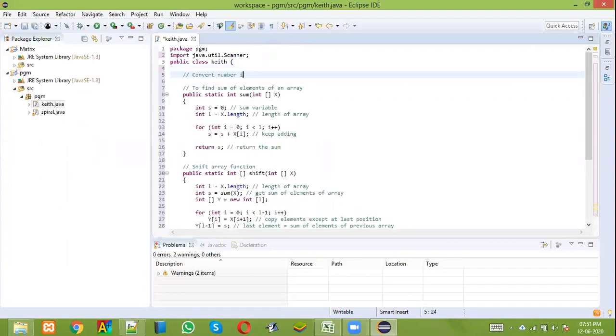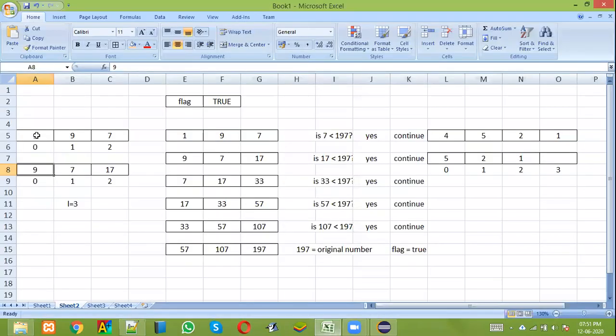Convert number into array. Okay, listen very carefully. The user is going to give the number in the form of an integer. It's going to be int. Okay, int n is going to be 197. But in the first stage, we want to convert that integer into an array. We want to convert an integer given by the user into an array, and the array is nothing but an array of digits. This is the starting point. Sorry, not sum of digits, as an array of digits.